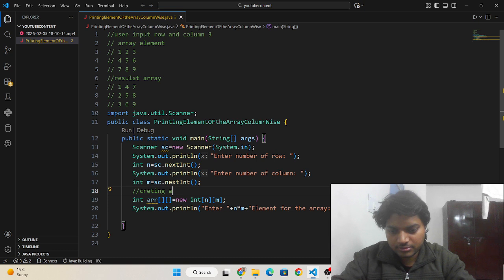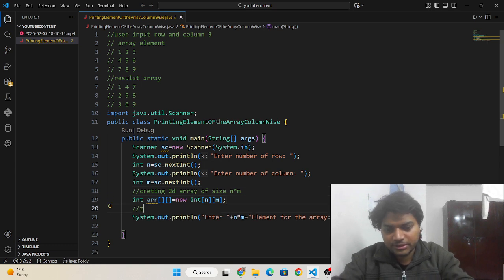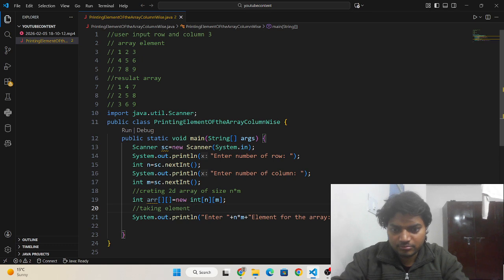Creating a 2D array of size n cross m, and now taking elements for the 2D array.